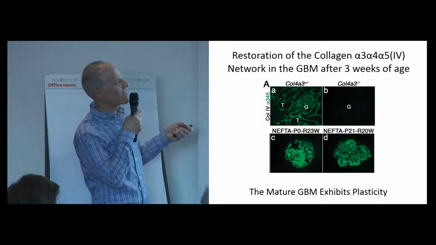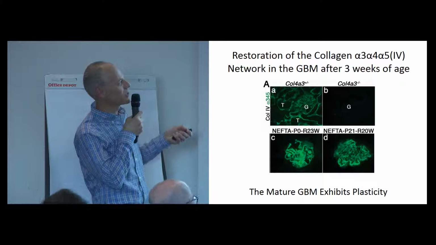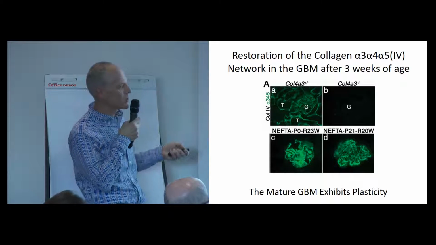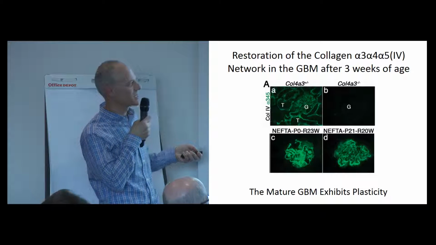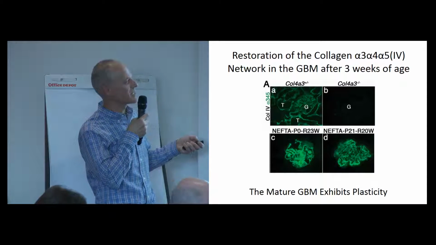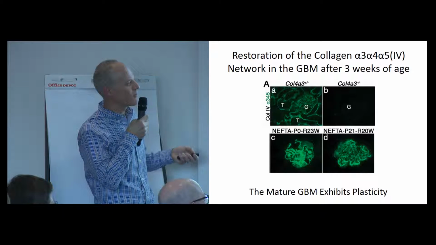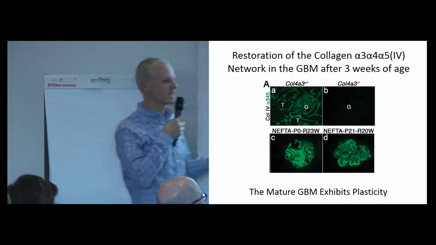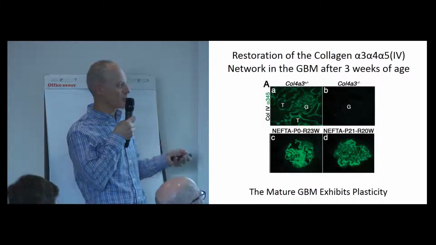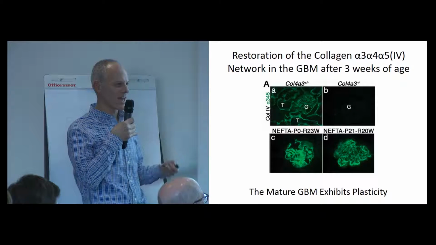There's alpha-3-4-5 in the glomerular basement membrane as well as in tubular basement membranes. But we've only induced expression in podocytes, and so you only see the glomerular basement membrane positive. If we induce as late as 3 weeks of age, after 20 weeks, this is what we see. We see that basically the network is there, even though the basement membrane began as an abnormal alpha-1, alpha-2 only